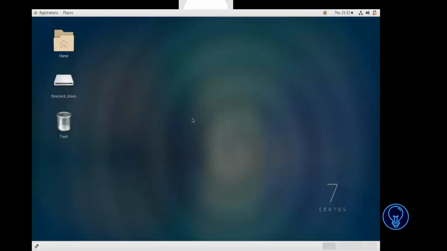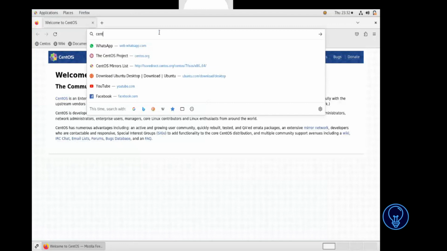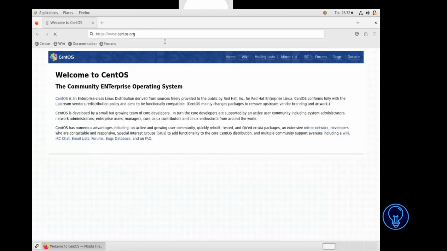Today we are going to learn how to set up CentOS 7 Linux. To set up CentOS Linux, we need the ISO file, which we can download from the official CentOS site. So that's the official CentOS site, centos.org. We can visit this site,